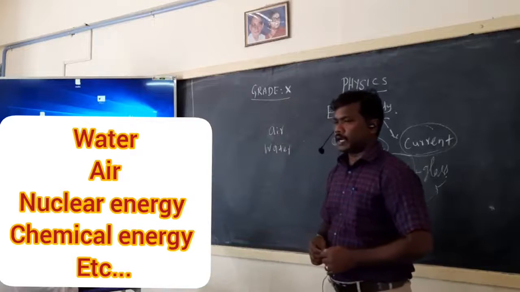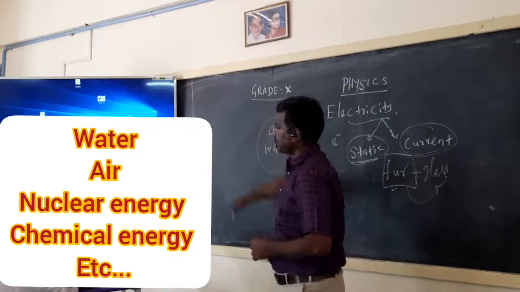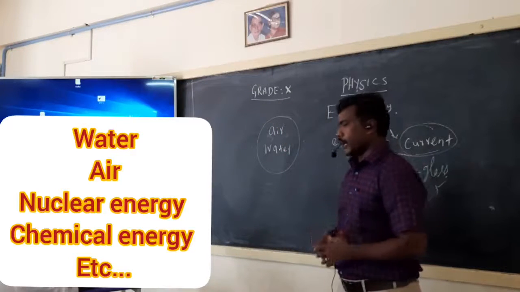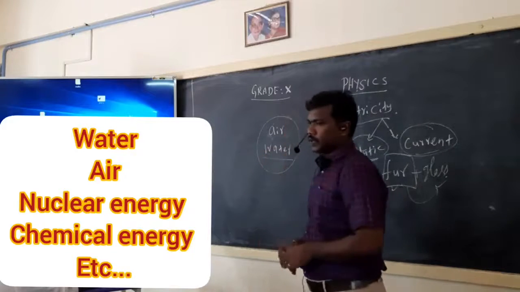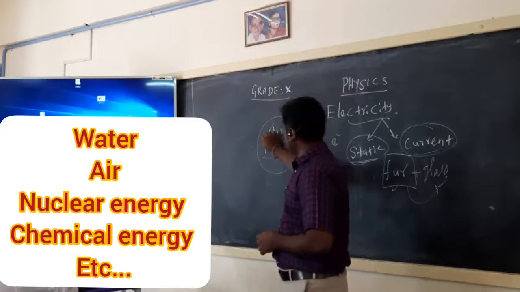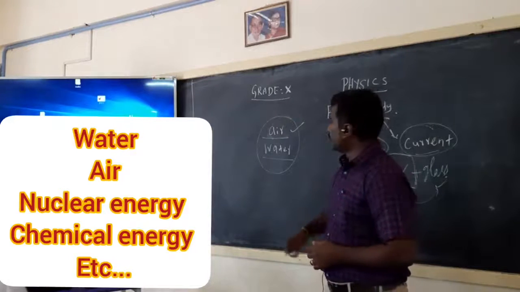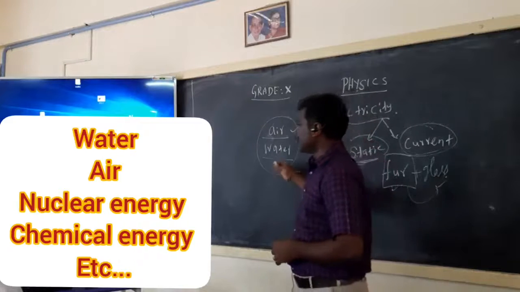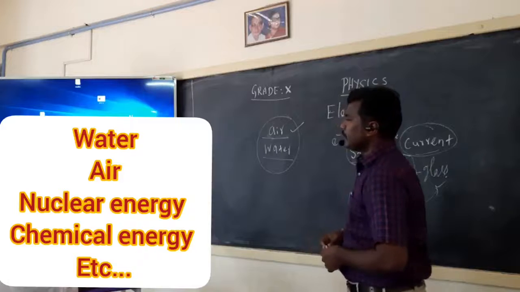What is meant by air current? What is meant by water current? In the textbook, they only slightly touch the topic of air current and water current. If the electricity is produced with the help of the water source, that current is called a water current. If we are producing the electricity with the help of air as a source, that is called air current or air electricity. Okay, so that's the thing. And next, we are going to see the next diagram.